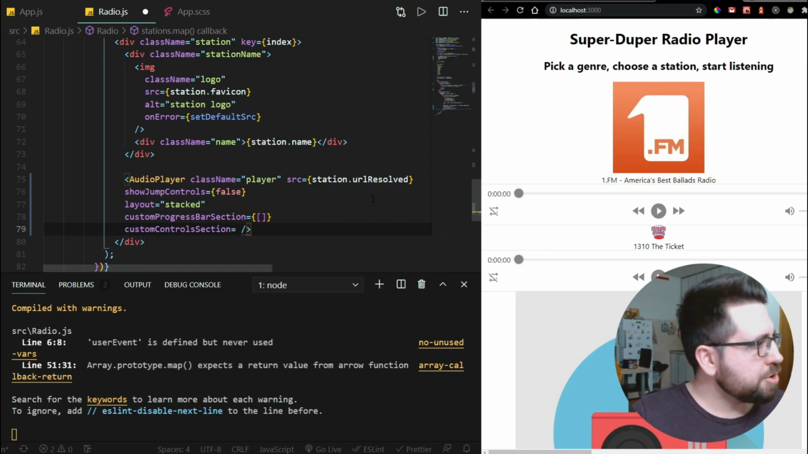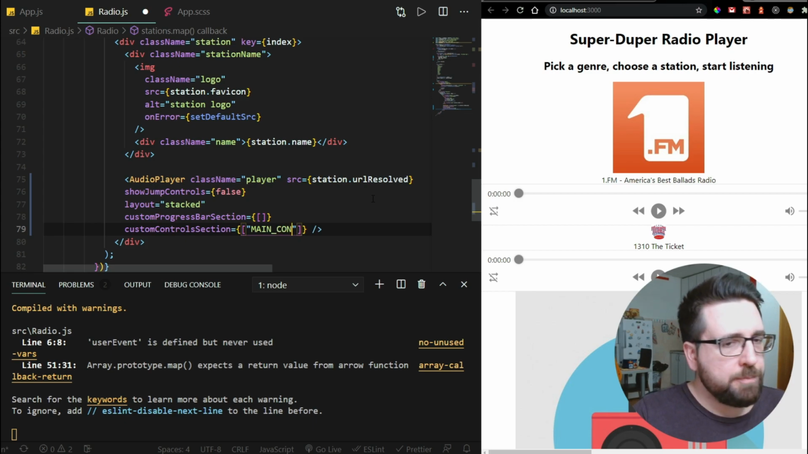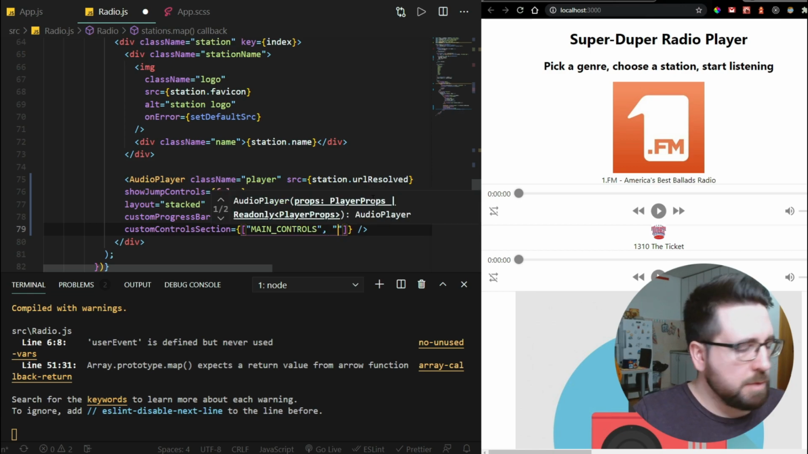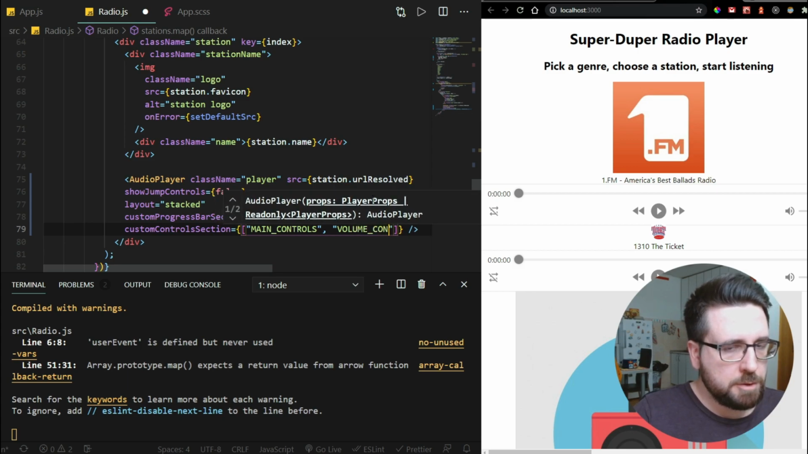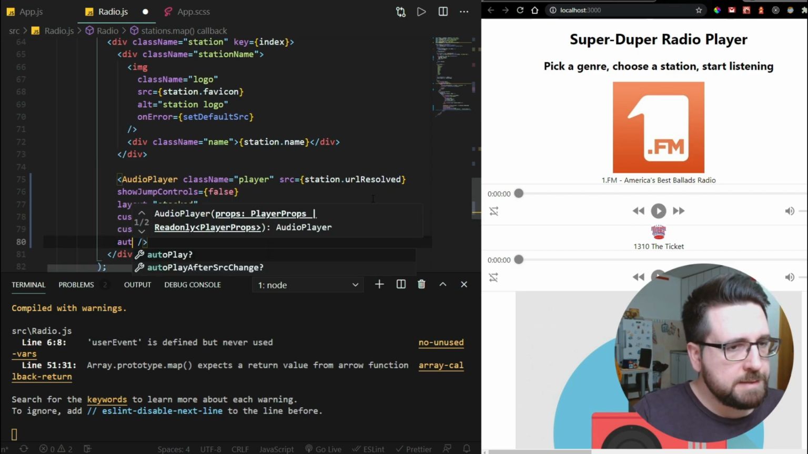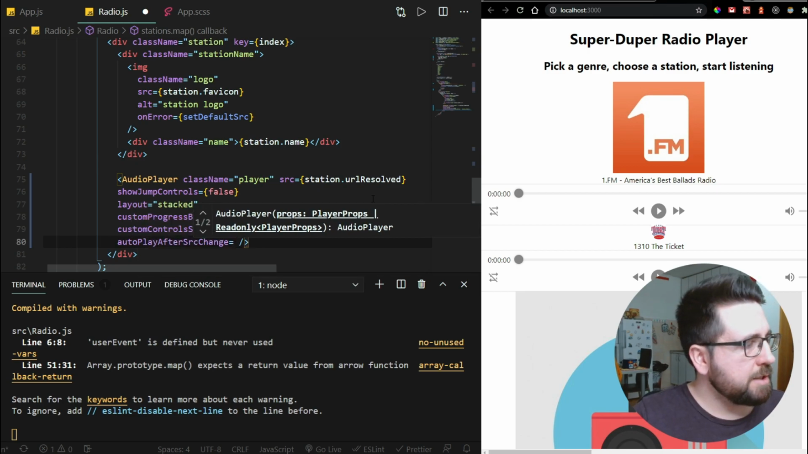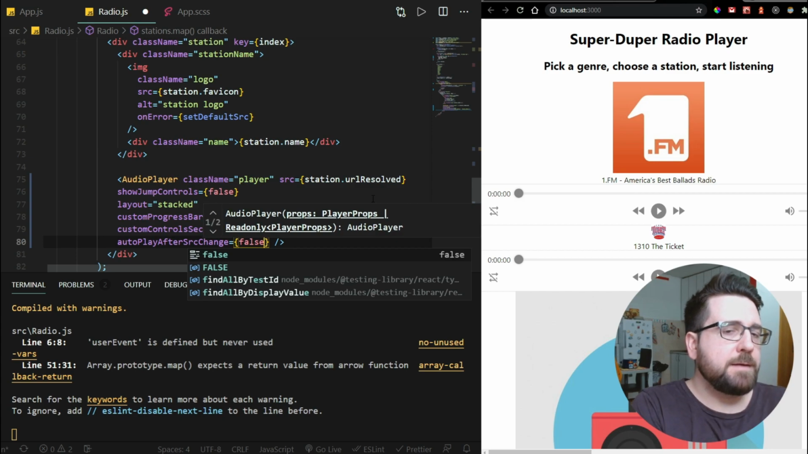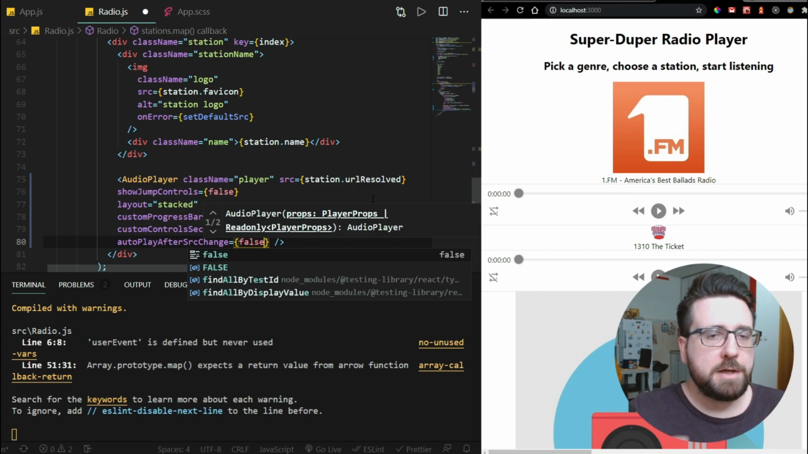Custom control section is going to have just 2 different controls, so you need to pass these strings like this. So main controls, and another one is the volume controls, and the last one is auto play after source change. We need to set this to false. If you don't set this to false, when you refresh your page, or when you call the API once again without refreshing the page, all of the radio stations are going to autoplay all at once, which is